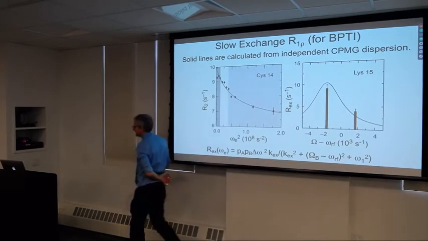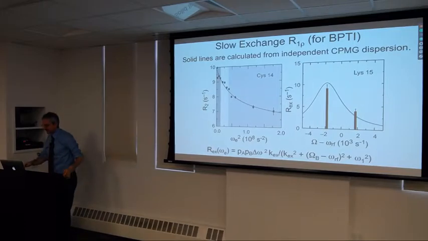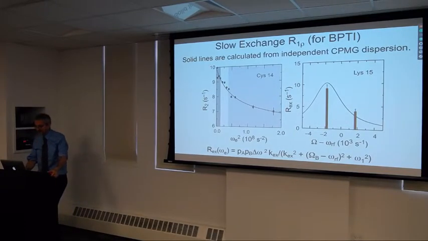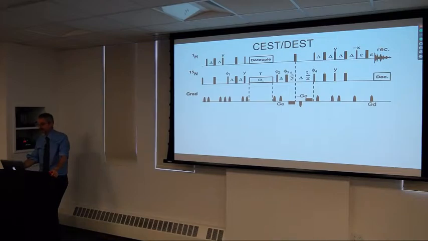And Lewis Kay's group developed that very elegantly in what they called the CEST experiment. The name CEST actually came from imaging, an experiment developed by Peter van Zijl in imaging that was called chemical exchange saturation transfer, and it links back to an experiment from the 60s or 70s called saturation transfer that was developed by Hoffman and Forsén. And the idea is,